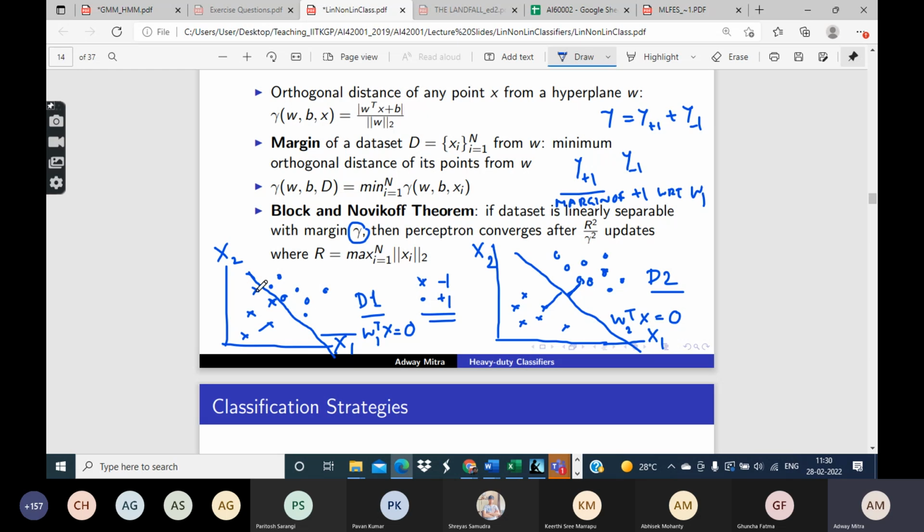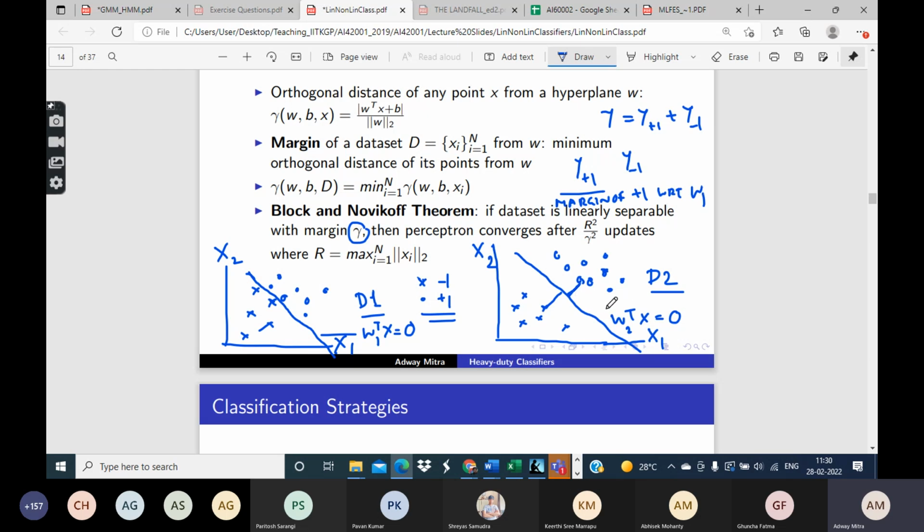I mean, of course, the number of lines will probably be infinite anyway, because even if we perturb W by some small amounts, it will continue to work. But even then we can say that in this case, the set of classifiers which will be able to classify the data set correctly is a small subset of the set of such classifiers which will be able to classify in this case.